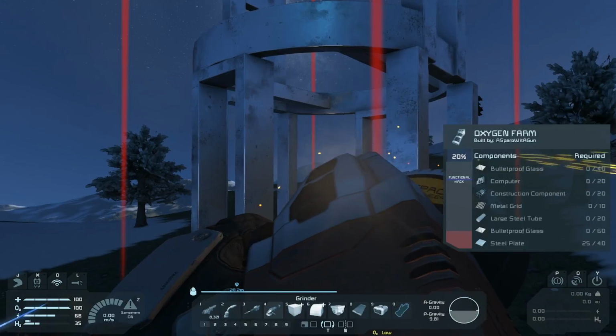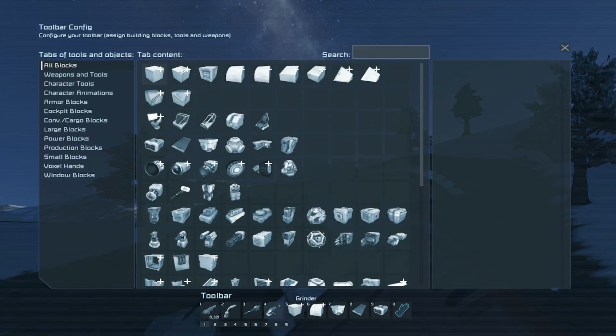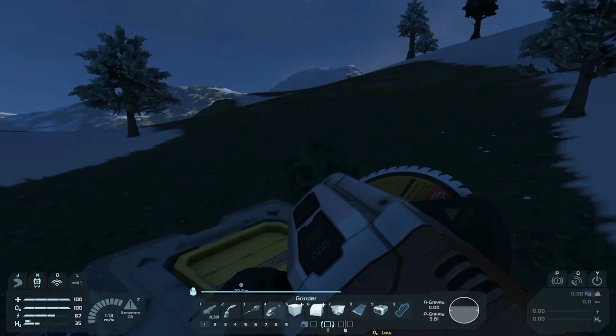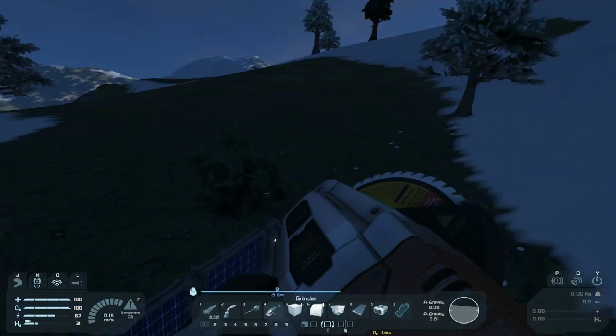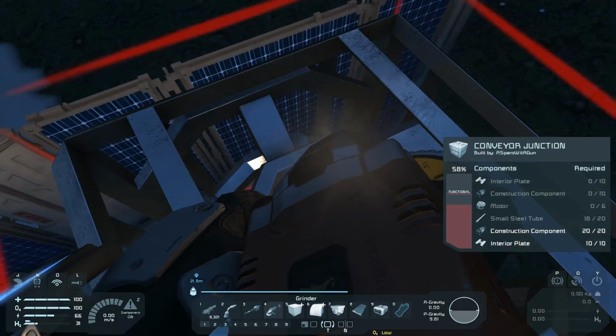Though it is interesting that it says, if you'll take note of the new UI down here at the bottom, it does tell you oxygen levels, and it actually has it as low, which is interesting, all things considered. Because, you know...